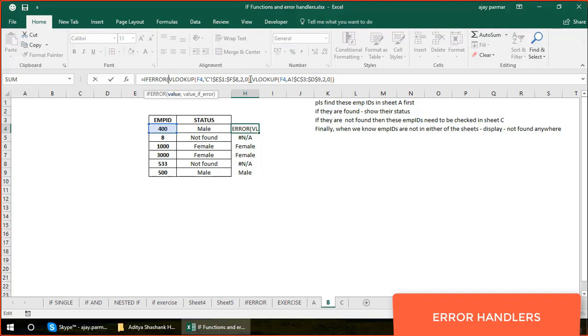that means the lookup 400 is found in sheet C. We don't have to go to this parameter. Excel will not go to this parameter in IFERROR and just returns. But let's say 400 is not found in sheet C, then obviously this formula will be